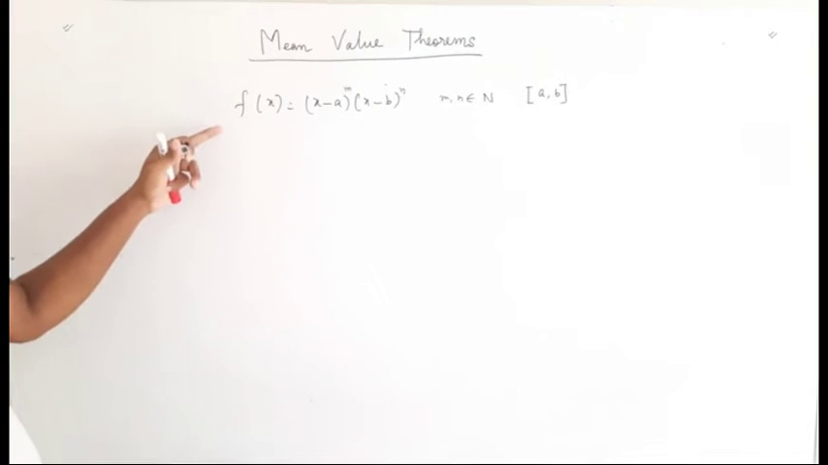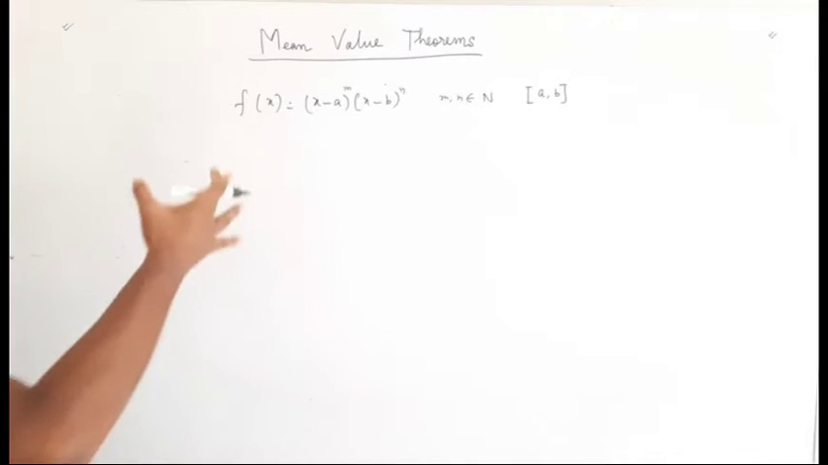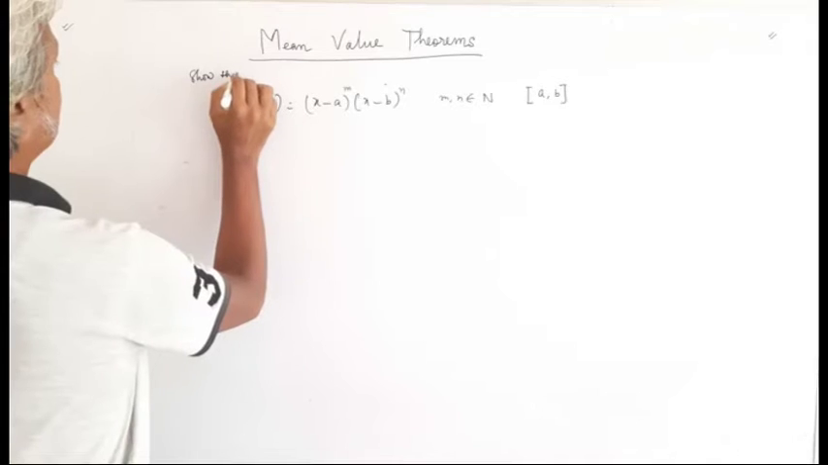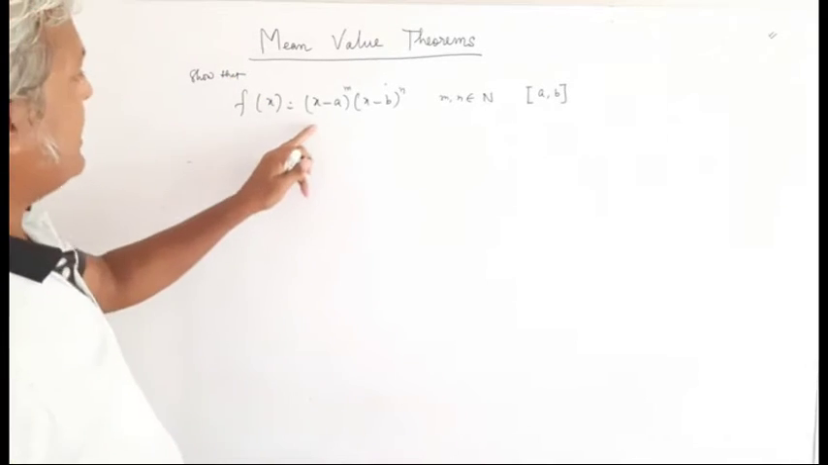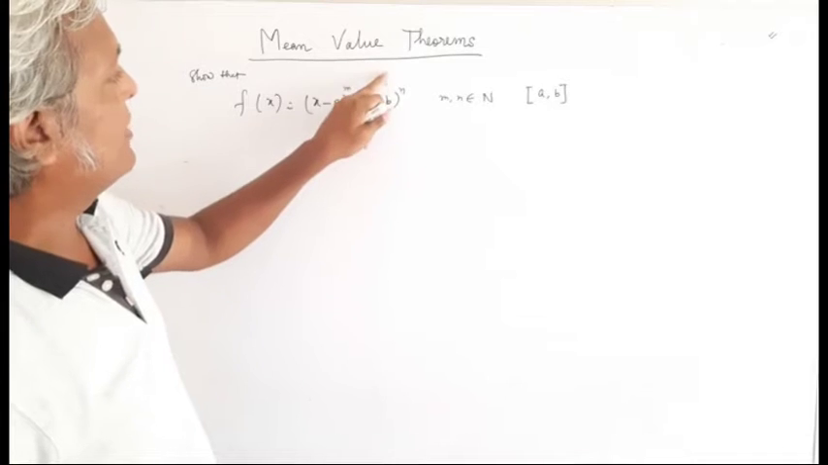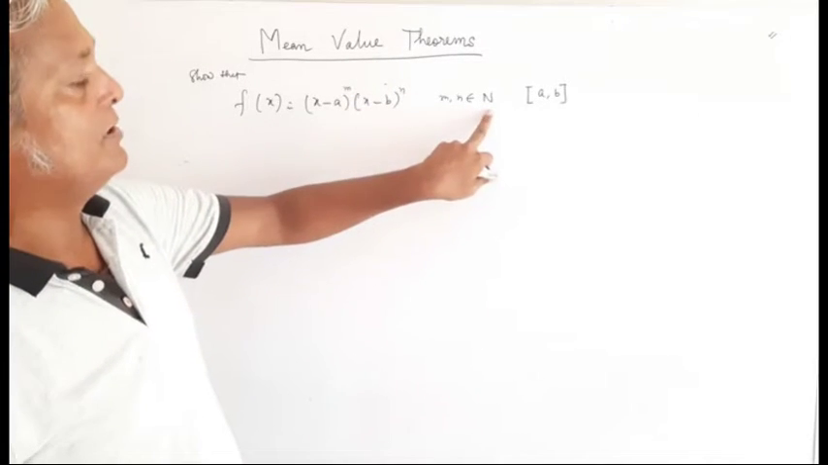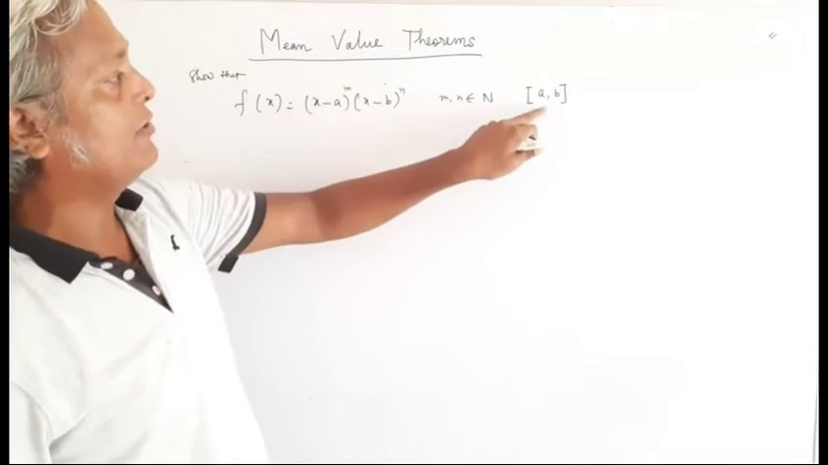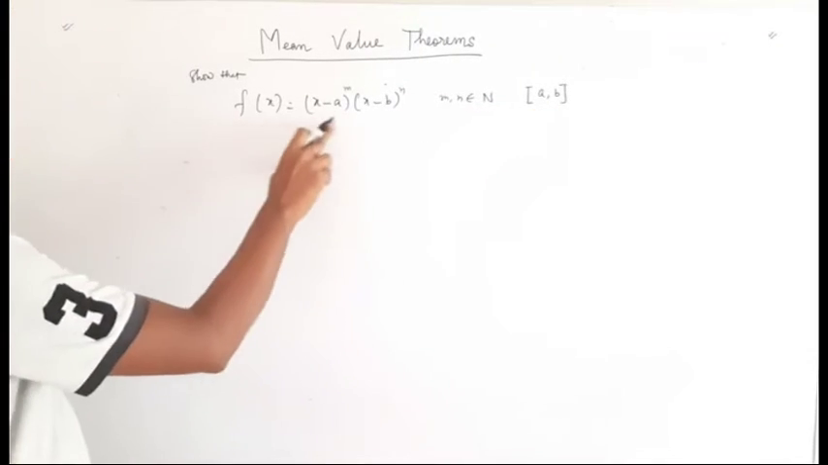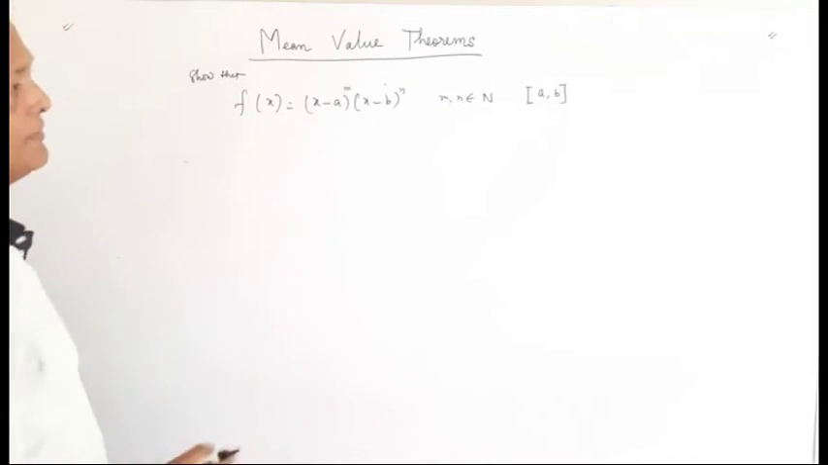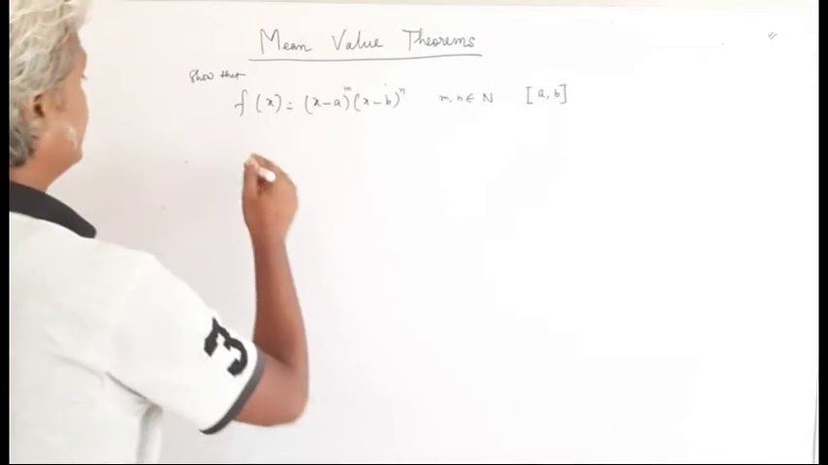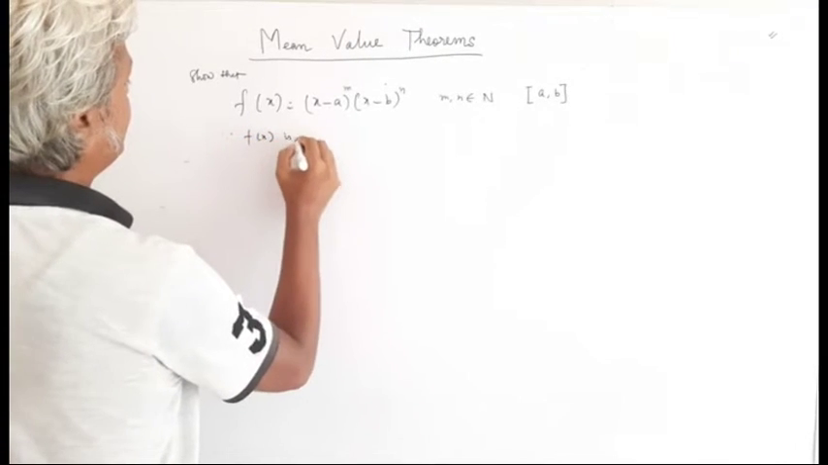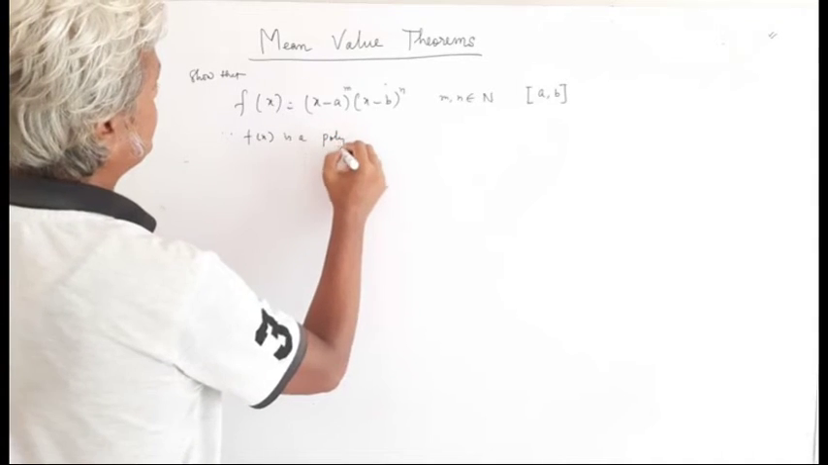Now I have taken one example, and the question says: show that the function f(x) = (x minus a) to the power m times (x minus b) to the power n, where m and n belong to natural numbers, is defined on the interval, and Rolle's theorem is verified on the open interval (a, b). So now you see what f(x) is. It is a polynomial function, and we know that polynomial functions are continuous everywhere. So write down the first line: since f(x) is a polynomial function,